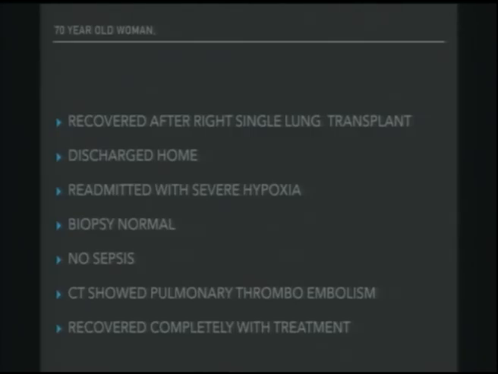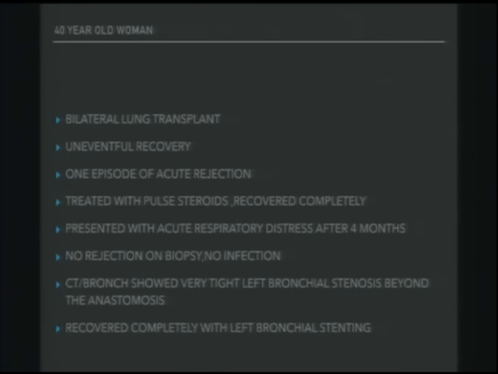Again, this 70-year-old woman underwent a single lung transplant, was discharged home, readmitted with severe hypoxia, biopsy was normal, no sepsis, CT showed pulmonary thromboembolism, recovered completely with treatment. So again, graft dysfunction, which is not necessarily because of rejection. And finally,